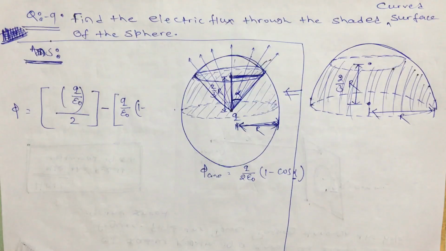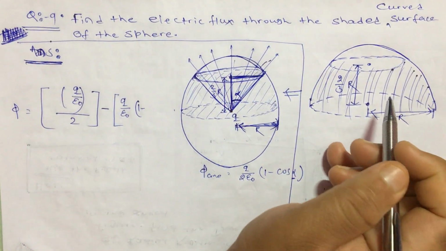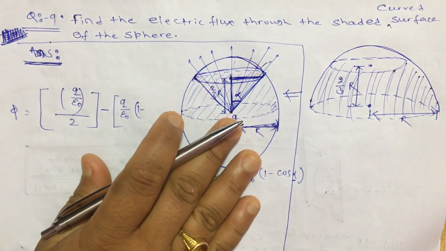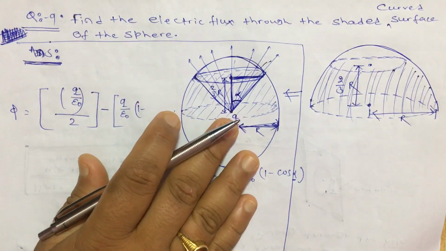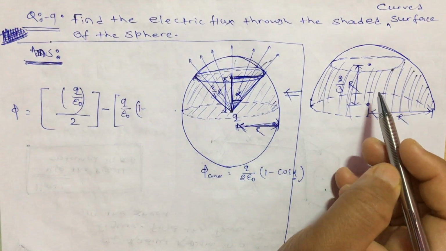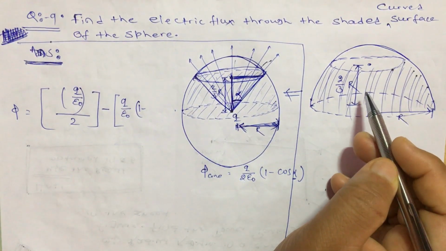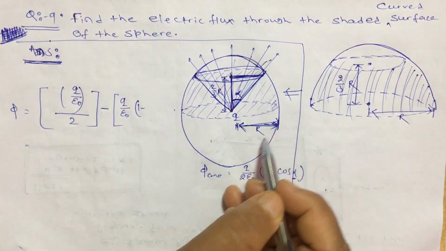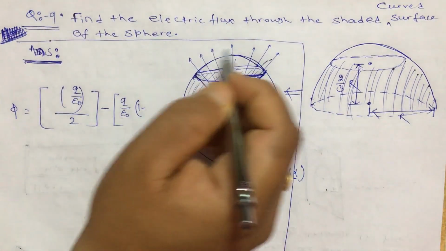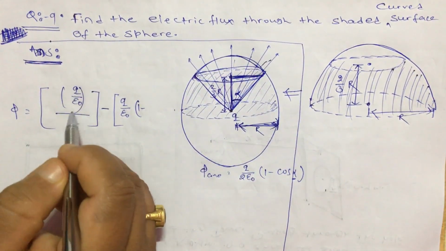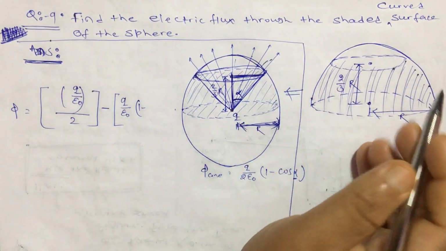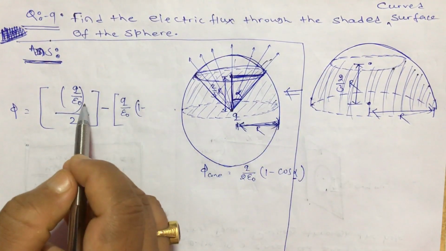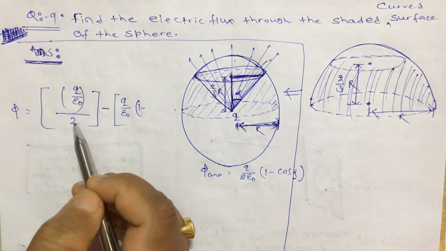Okay, students, this is your next question. This diagram is for the question. I have made it to help you understand how to approach the answer. The question is, you have to find the electric flux through the shaded curved region of this given hemisphere. As we know, for a total sphere, the total flux passing through is q by epsilon naught, and through the total spherical surface of the hemisphere, it will be q by epsilon naught divided by 2.